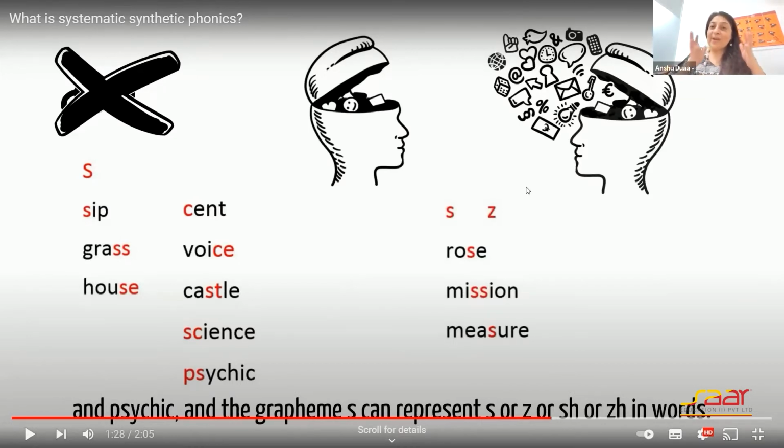Simply look at it as a matra in Hindi. If you do not teach the matra in Hindi, or if you do not teach the roop in Hindi, do you think the child will be able to read those words comfortably? Will be able to crack those words whenever they come? No. In a similar manner, a child has to be systematically taught this language